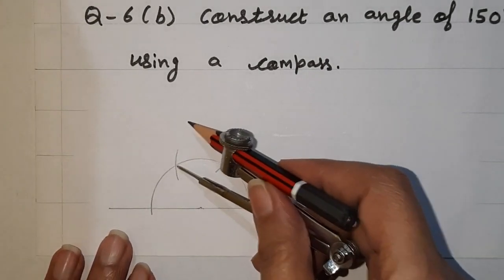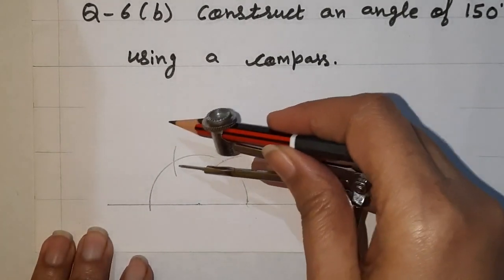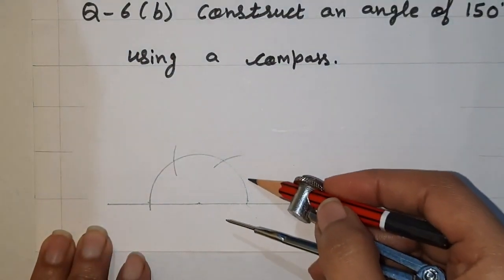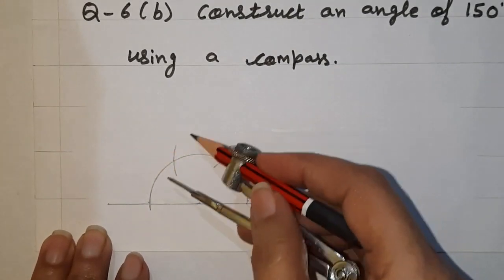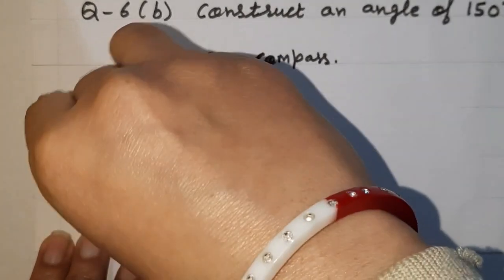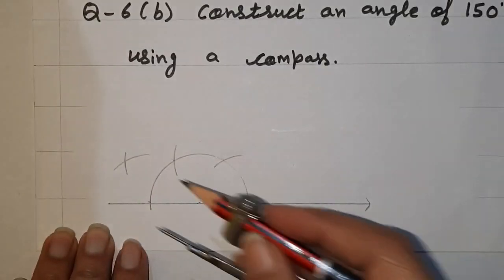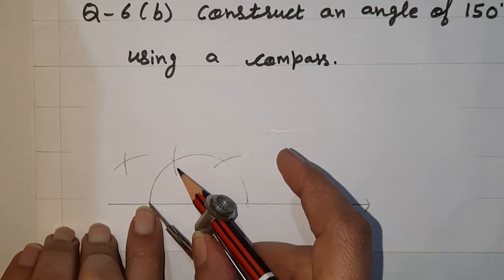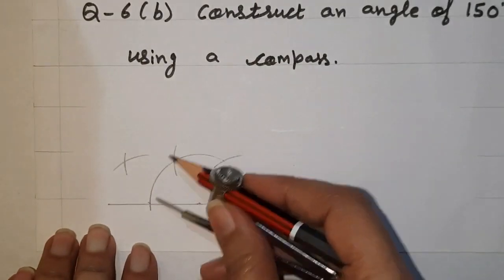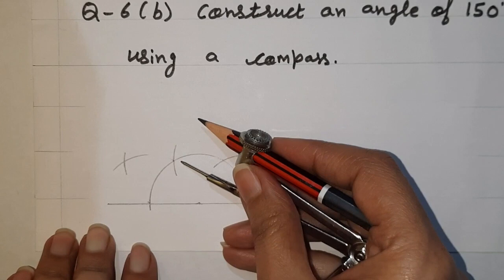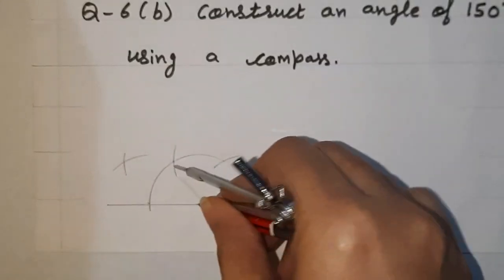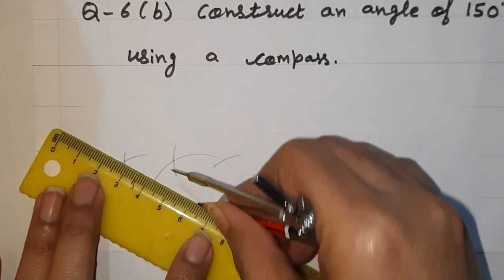Okay, now if we are taking this as 60 degree, 60 degree, 60 degree, and we are bisecting this angle, 60 degree को आपने bisect, मतलब आधा कर दिया, by putting the compass on this end and on this side. जिस भी एंगल को आपको आधा करना है, आप उसी दो वर्टेक्स पर अपने कंपास की टिप को पुट करेंगे. अब this center point is to be joined to this center point and produce it.